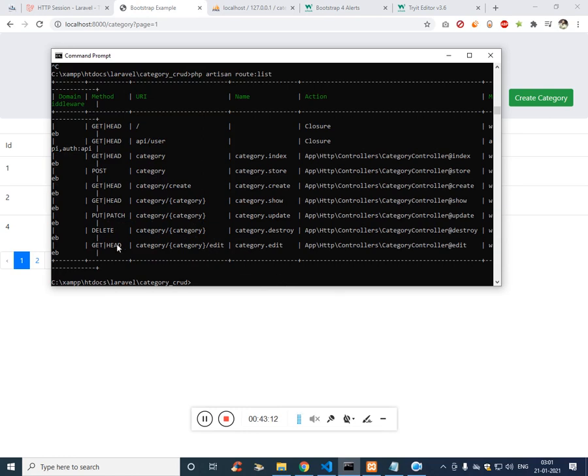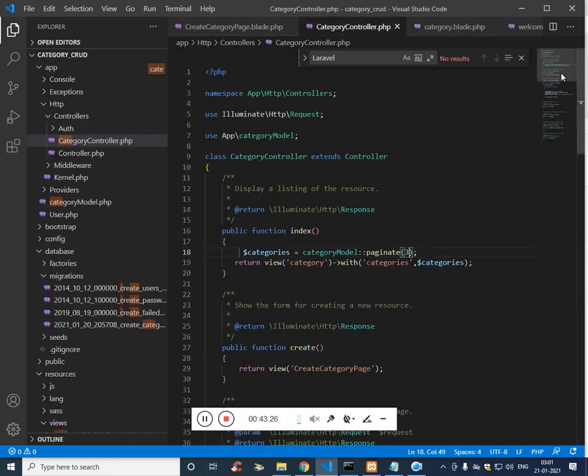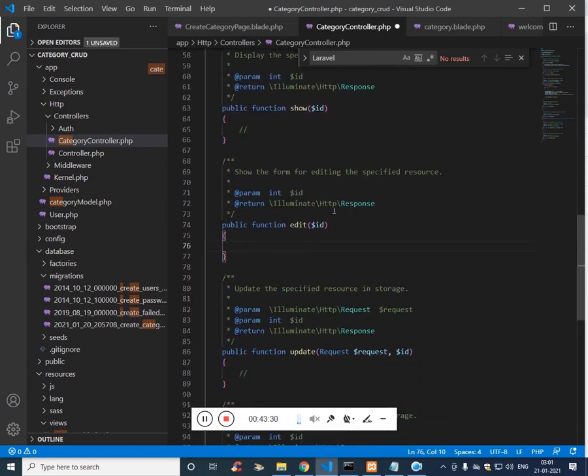So for the edit, if you see, this is the edit and this is the URL, and the view is not itself created. On the controller, on the edit function, we have to return a view called edit category.